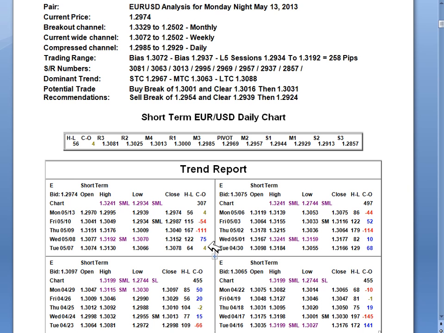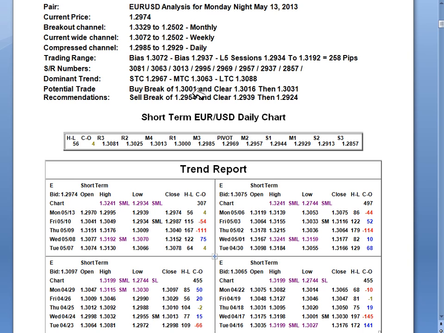So we've covered the Euro-US dollar. This is from Monday night, May the 13th. We also have other videos online if you're a current client that will explain this, but those of you that are just now starting out, you can get a ton of information off this for the currency pair that you are stocking or trading,